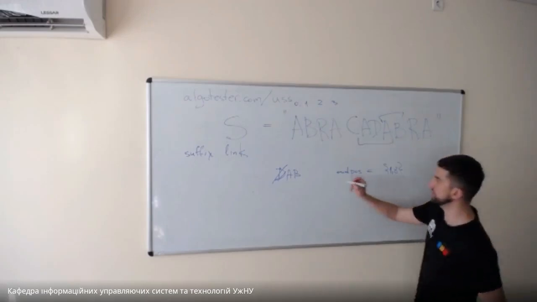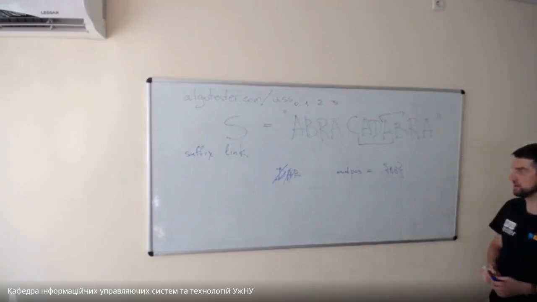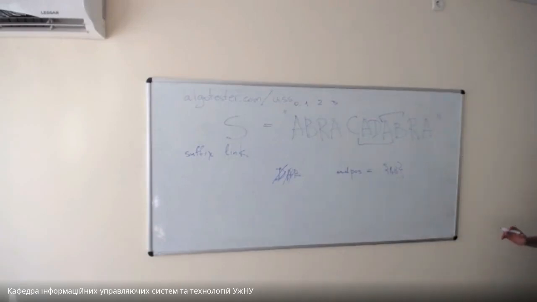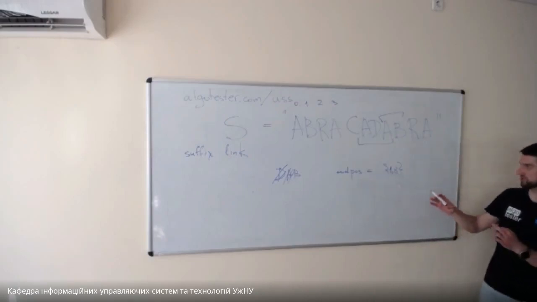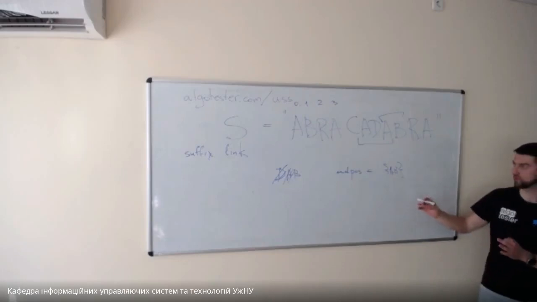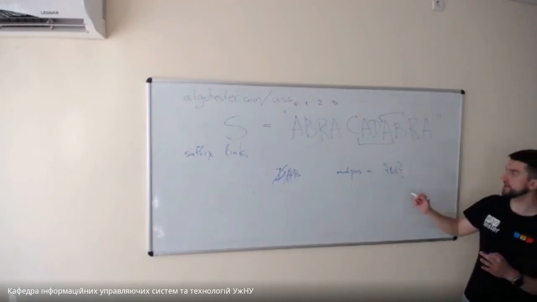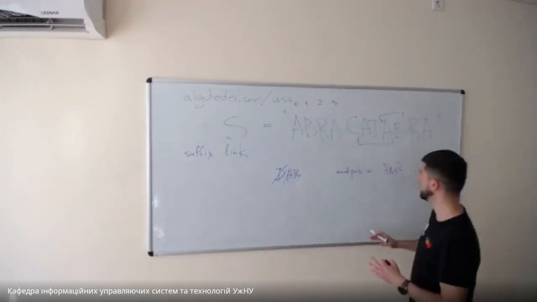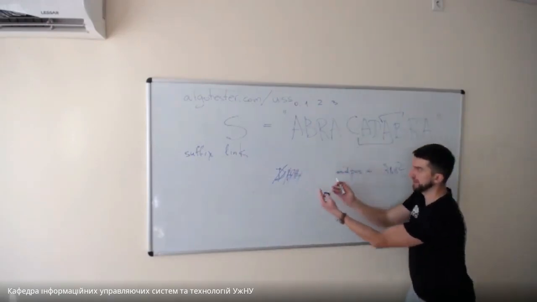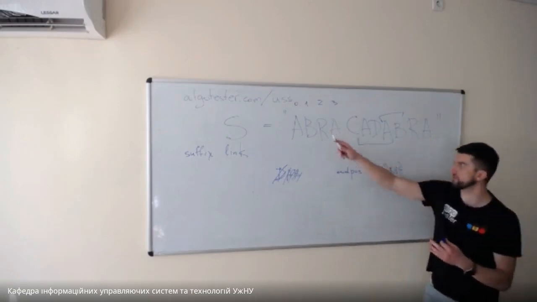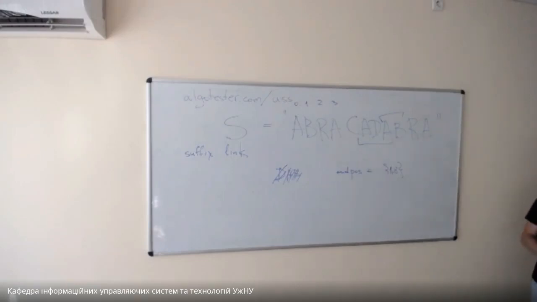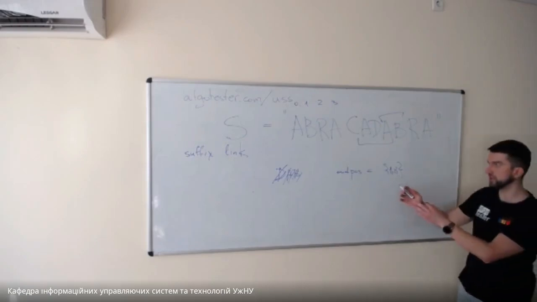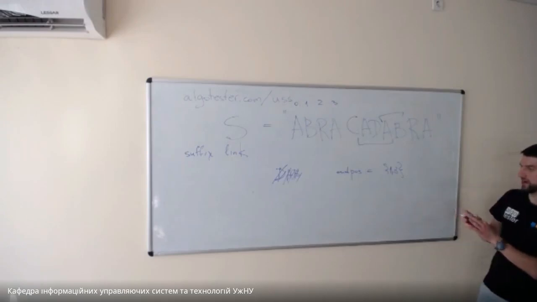And then what happens when we remove another letter A? So if we remove letter A, the set end pos will remain the same. Nothing will change. And then when we remove letter B, we have an empty string, which is like everywhere. The end pos will become wider and will include all the locations. So this observation leads us to the property that